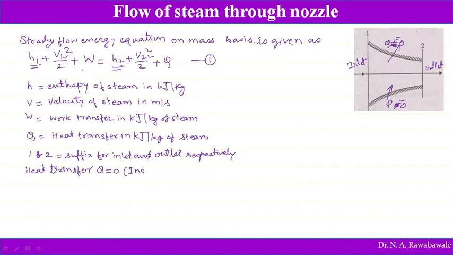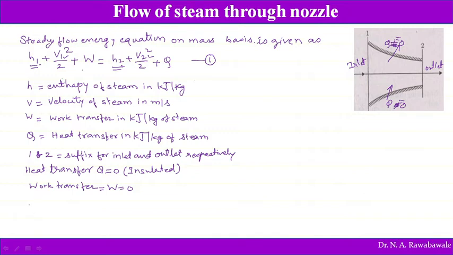As it is insulated, there is no transfer of heat and there is no physical work. Here there is no moving part, so this system does not involve any kind of work transfer. So work done or work transfer is also equal to 0. So W is equal to 0. So now this equation number 1 can be written with W equal to 0, Q equal to 0.